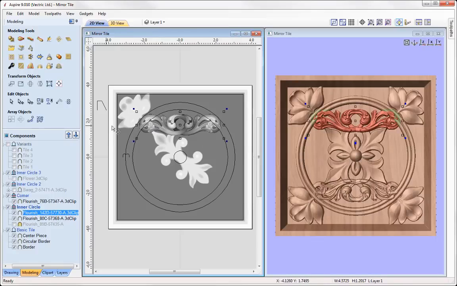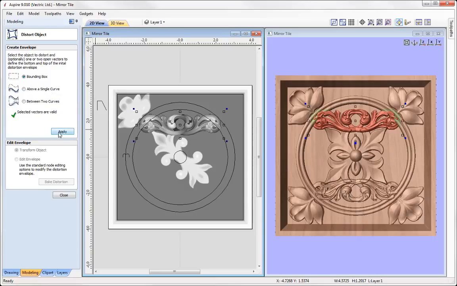You can see it's quite straight, it's quite horizontal. I just want to give it a little bit of roundness so that it sits nicely within the circle shape. So here we could look at distorting that component. So let's distort it. I'm going to apply a bounding box around that component, and then just like in